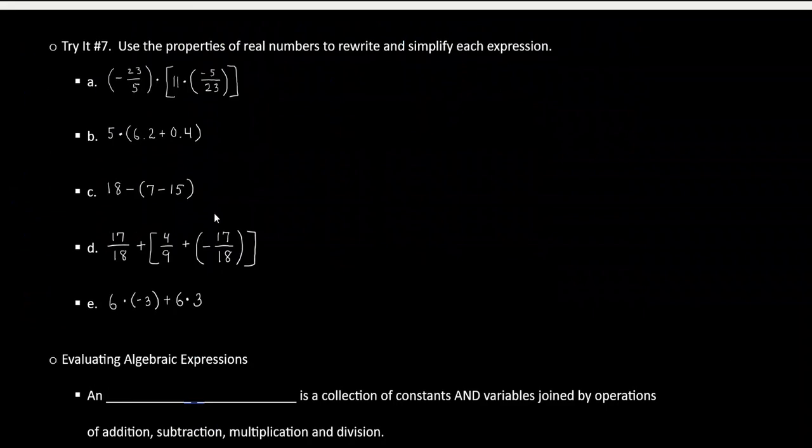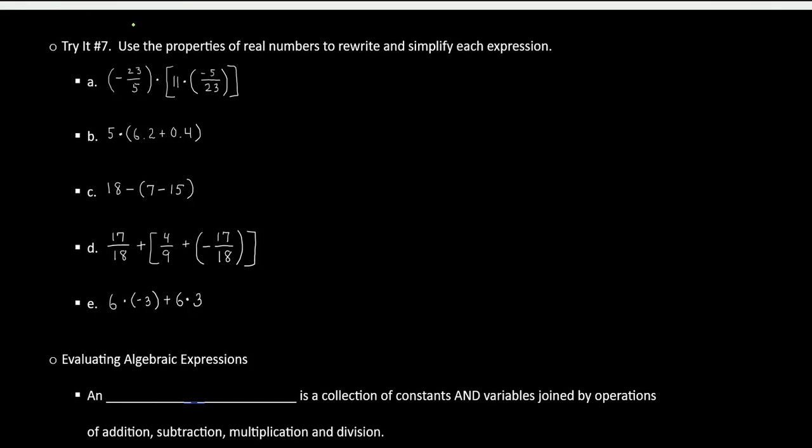All right, try it number 7. Use the properties of real numbers to rewrite and simplify each expression. So here is where you realize that you're multiplying. So think of this number here, negative 23 over 5 is A, and 11 is B, and negative 5 over 23 is C. And you have these parentheses and brackets, and it might be confusing, but the key is you're multiplying all these values together so you can change the order. So you can multiply this times this first, and